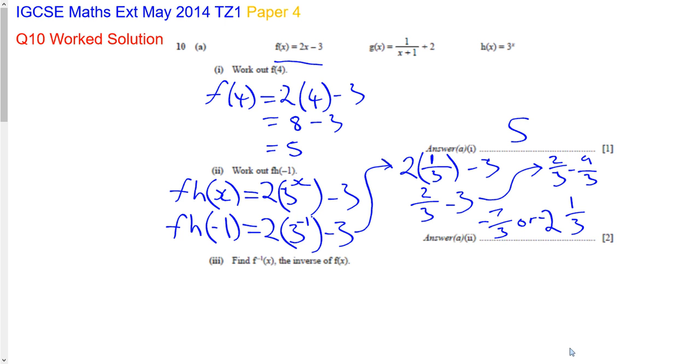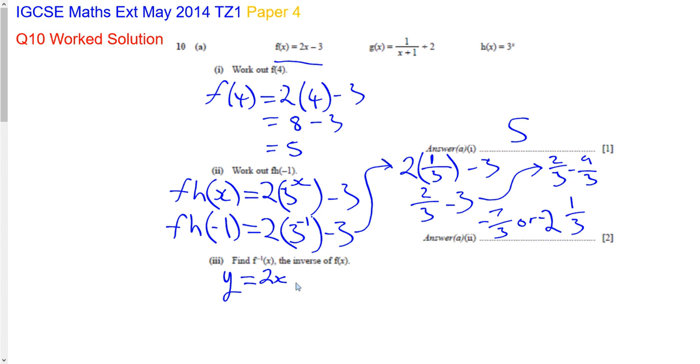Now let's have a look at the third part. Now we've been asked to find f-1, the inverse. Whenever you see that -1, we're talking about the inverse of something. It could be a sine function or whatever, but we want to find the inverse of our function f of x. So basically what we're going to do is swap out our x's and our y's in this function. So f of x we're going to replace with y, because y is a function of x. So y will be equal to